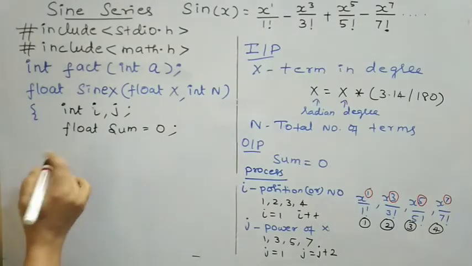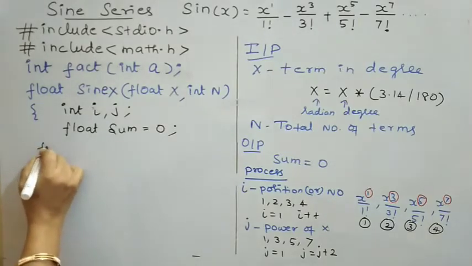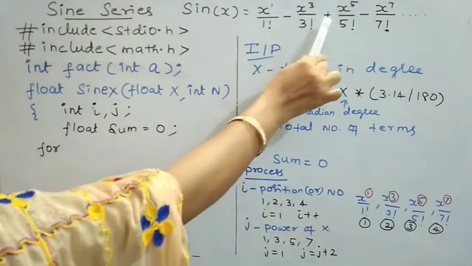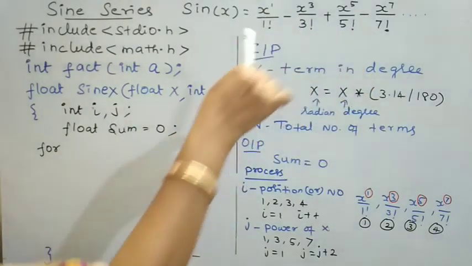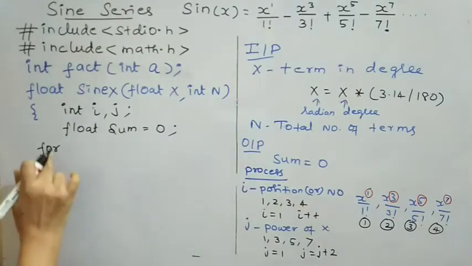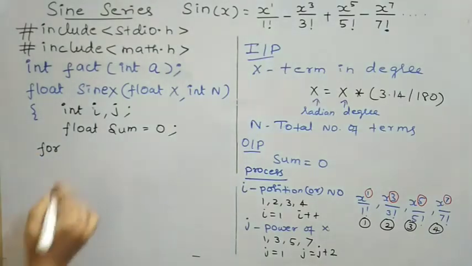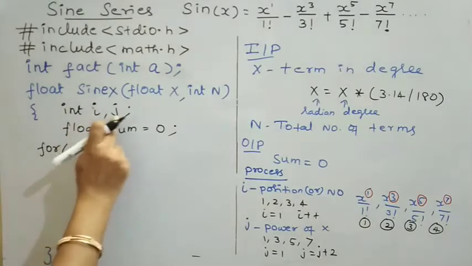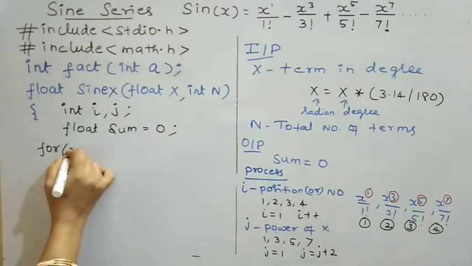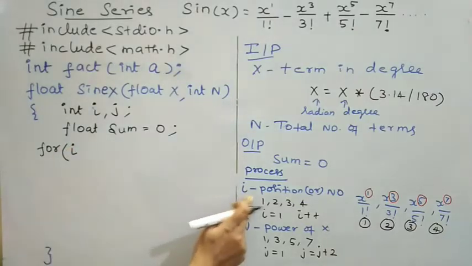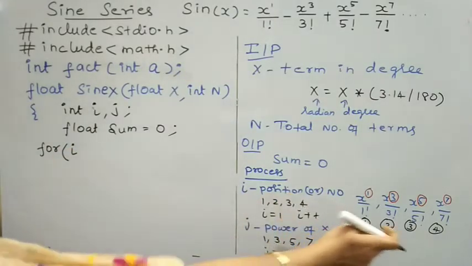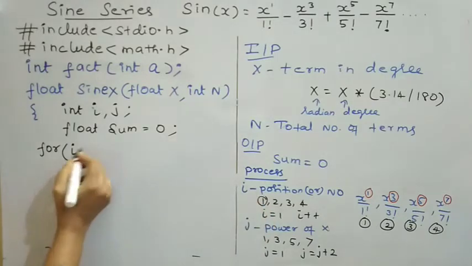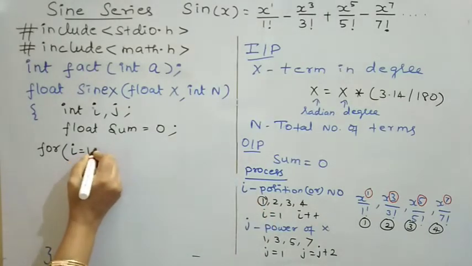And then I am going to use a for loop. Why I am using a for loop is, repeatedly I am performing either a subtraction or an addition. I am going to repeat the process, so I am using the process inside this for loop. In the for loop, I am going to use these variables i and j as loop variables. i is going to hold the position or the number of the term. Initially the value of i is 1, so i is initialized by 1.